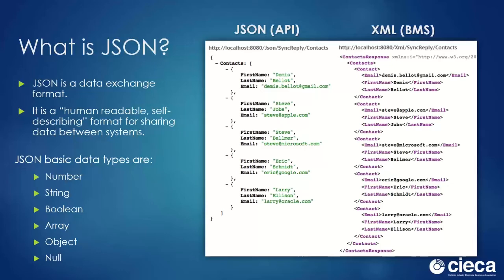As you can see on the screen here, the basic data types from JSON are string, number, Boolean, array, etc. It's that array one that I'd like to touch base on just quickly here. That array type is important because it prevents anonymous lists from being used, like the ones we have seen in some of our BMS messages.